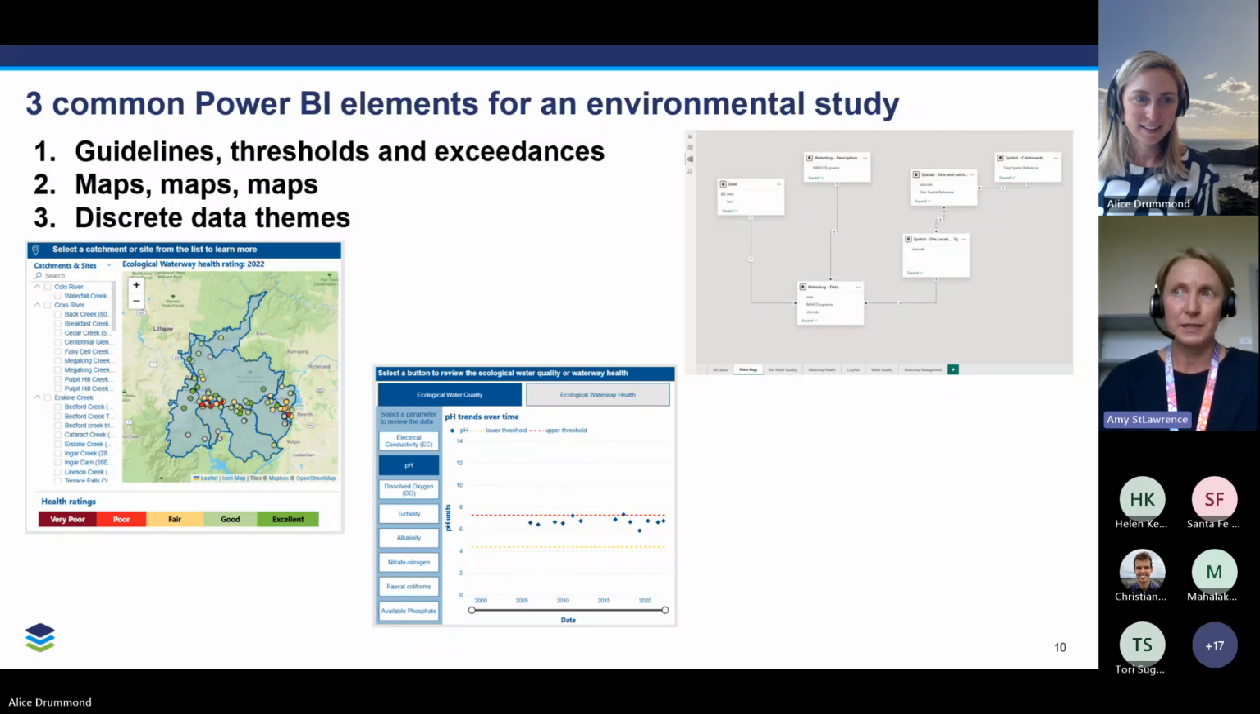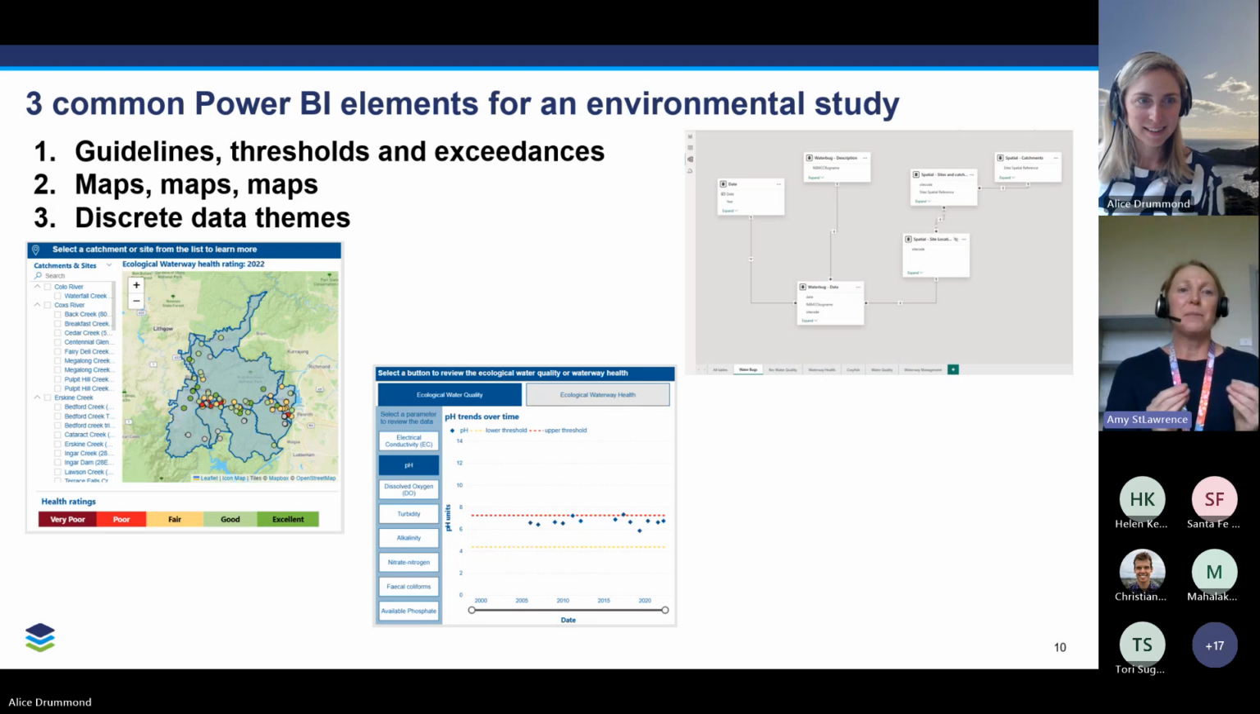And it was Alice Blackwood who first encountered Enviro BI. I think she saw Alice or Christian present at a conference, and we knew we were looking for some way to better communicate our data, and Alice saw that presentation and knew that that could be the answer. So now Alice, my colleague, has recently left Blue Mountains Council, so I'm going to be in a